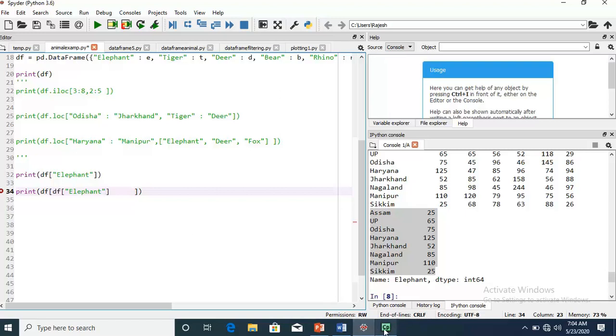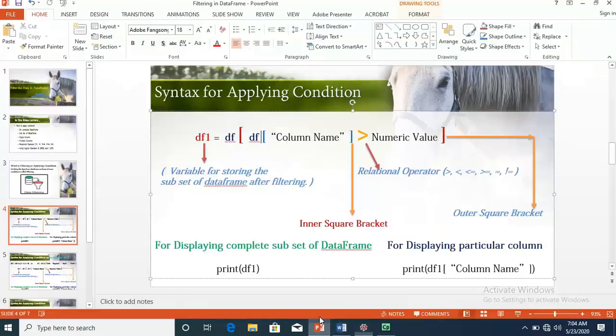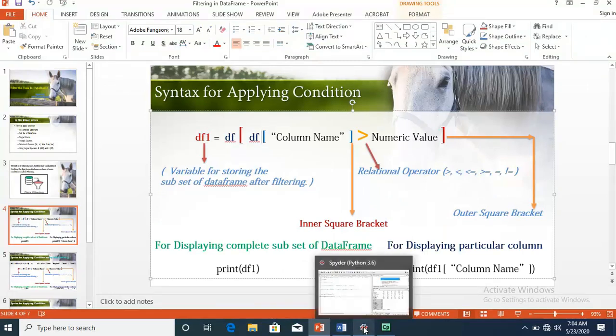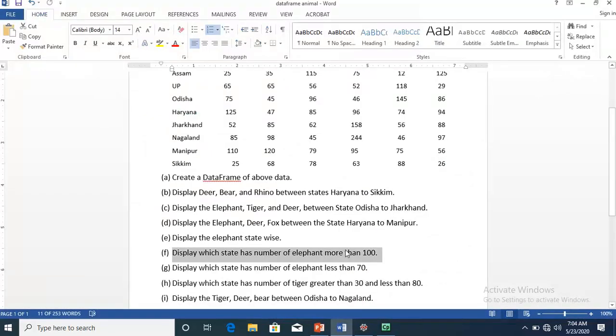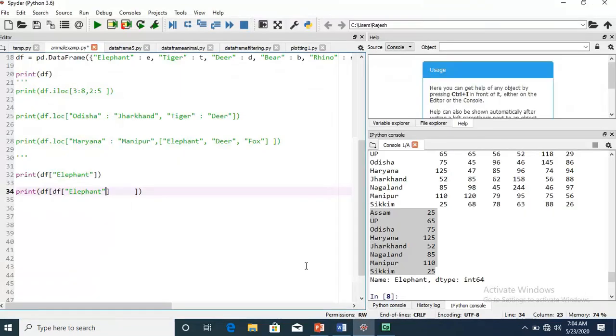Then it is asking to use a relational operator. The condition says more than, so here we will use the greater than symbol, 100. Now we have applied the condition, and let me execute it.